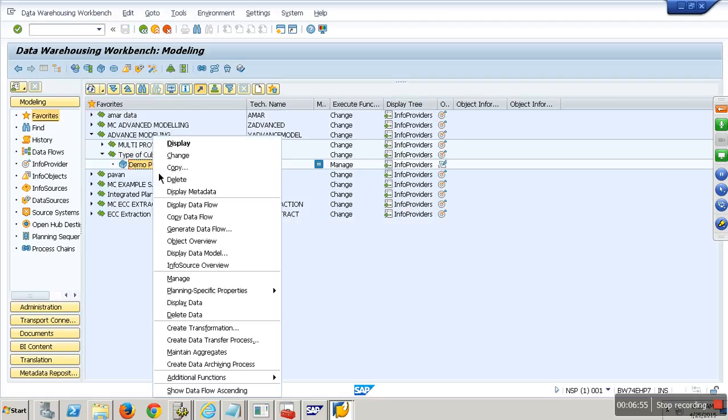See, when you right click on this planning cube, you have an option called planning specific properties. Here you have